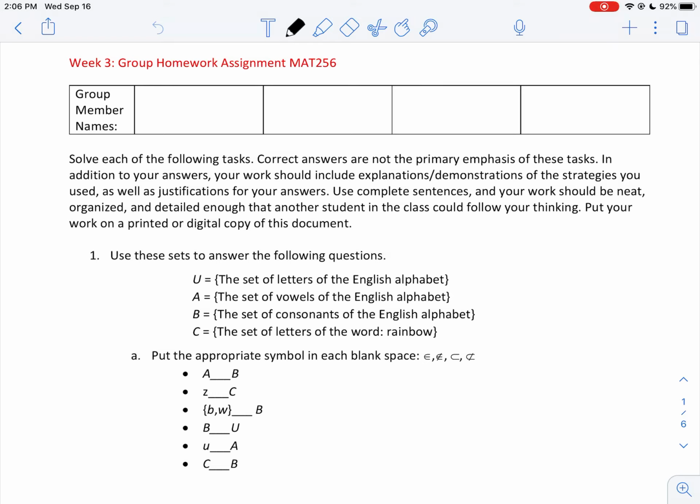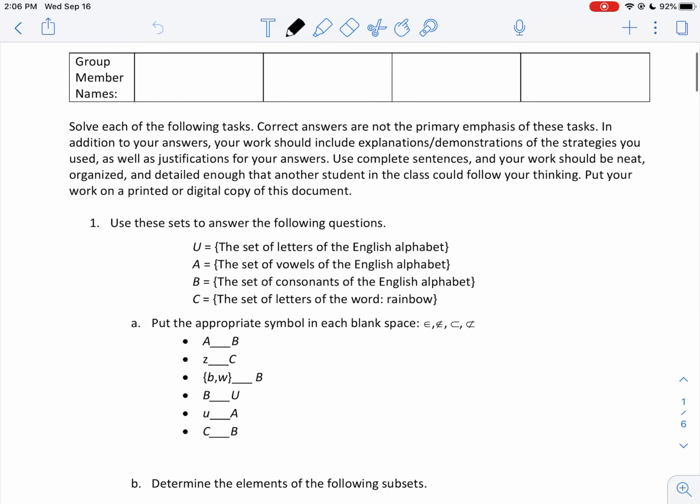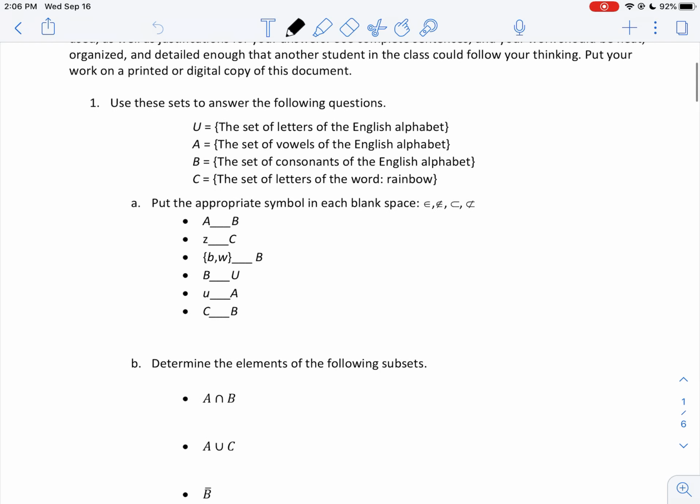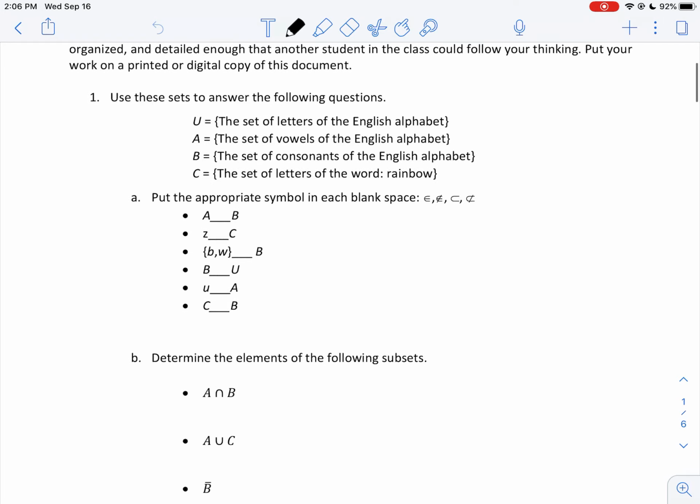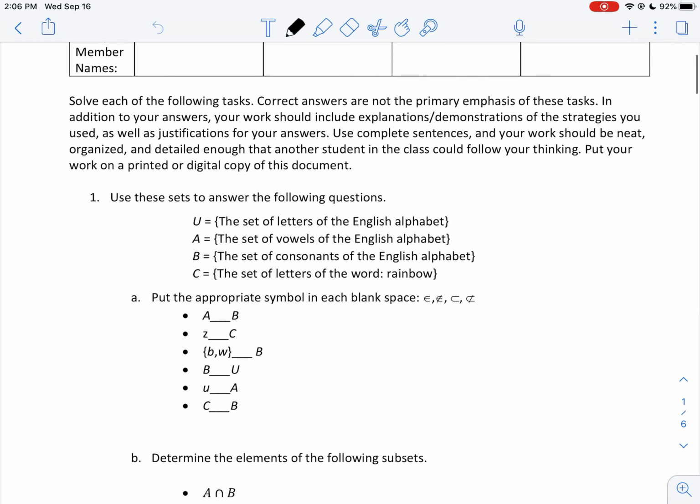Hi class, I'm going to work through the problems here on your group homework assignment for week 3. Use these sets to answer the following questions. U is the set of letters of the English alphabet. The fact that I'm using a U here,